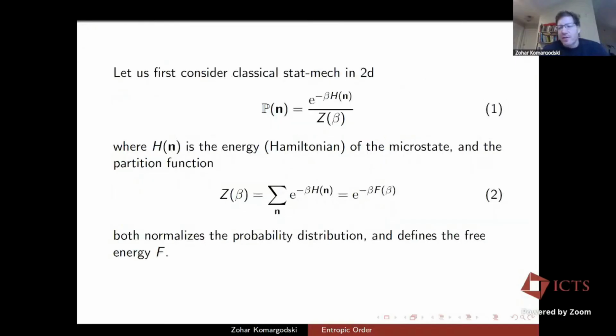Okay, so first I'll start from classical StatMech in 2 dimensions. It's the cleanest setup, no confusions. Everything can be put on the computer. So we're gonna cook up a Hamiltonian, which depends on some configuration space, and calculate the Gibbs partition function, and the Boltzmann weights and the partition function, and then we'll study the microstates.